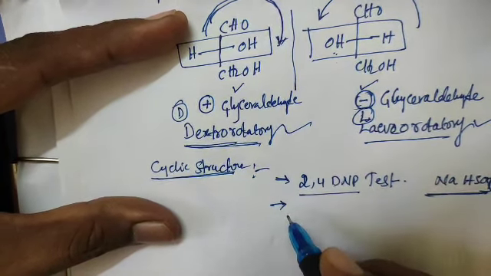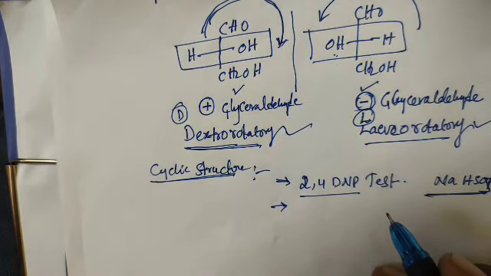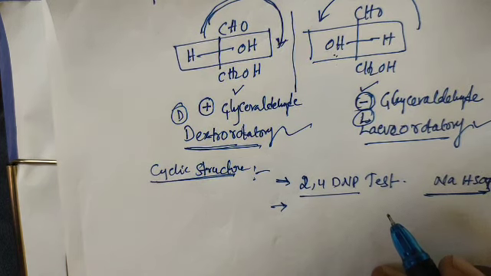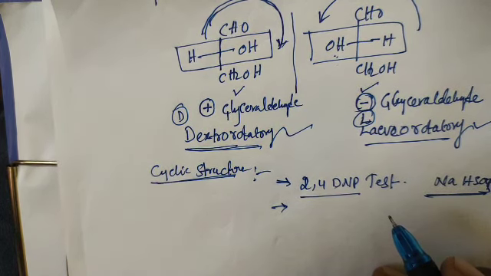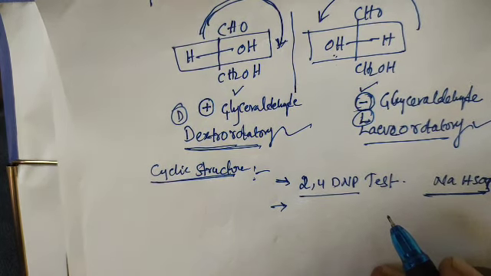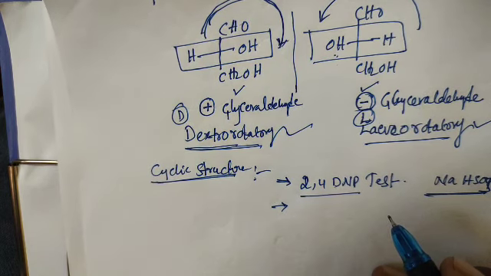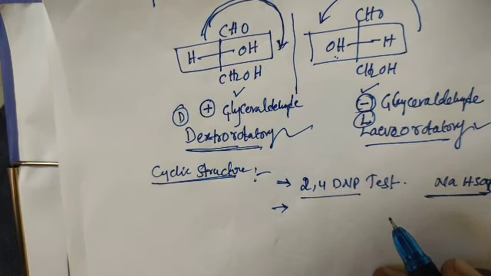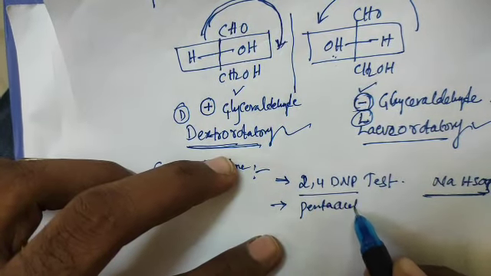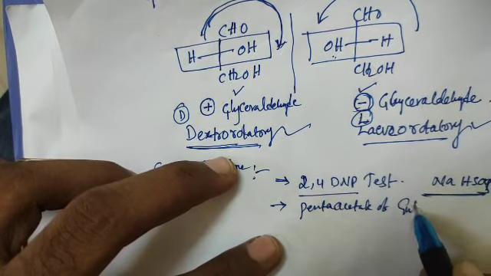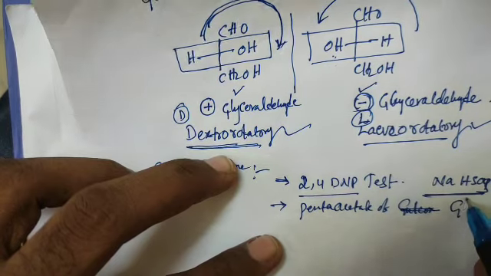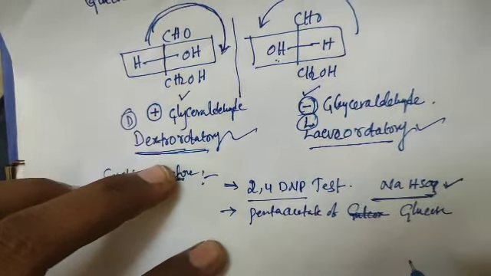Next, the second one: the pentaacetate of glucose. Yesterday we discussed that pentaacetate means 5 OH groups are present, and acetate, CH3COO, is attached where the OH is. So the pentaacetate of glucose